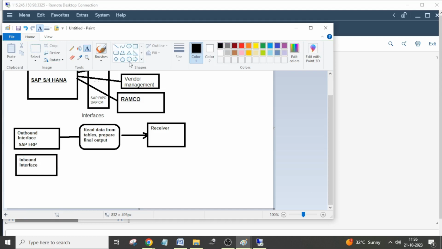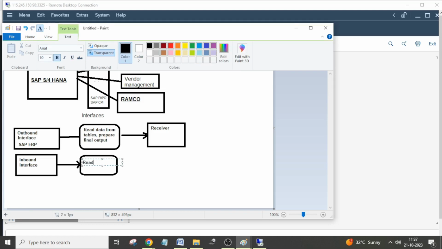Here we are receiving data from other systems, right? In the inbound scenario, the sender is going to send some data. What is our responsibility? We need to read data that is sent by the sender system. We'll get the data into one kind of internal table. So we read the interface data, and